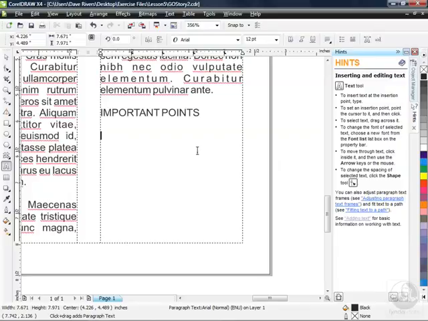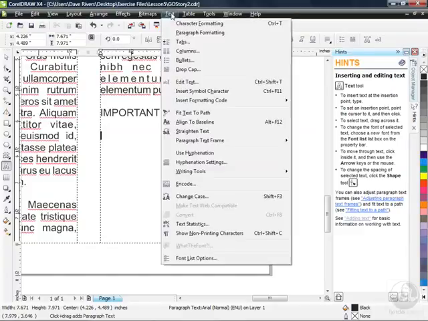So all I have to do now is turn my bullets on. A couple different ways to do that. I could go up to my bullets button right here. See it on the property bar. You won't see this button be available when working with artistic text. In other words, it'll be faded out. But because we're in paragraph text here, we can click on it here. Control M is your keyboard shortcut, or you can go up to the text menu here and click on bullets,